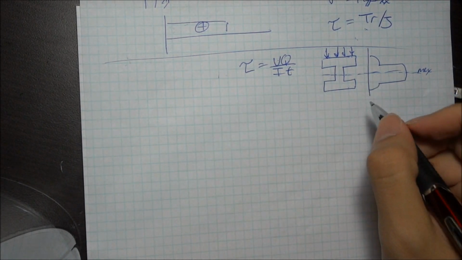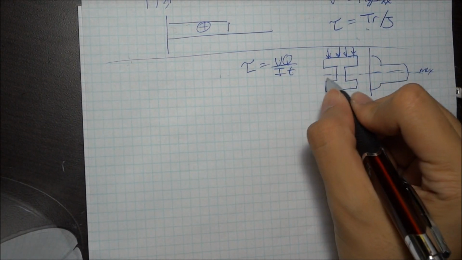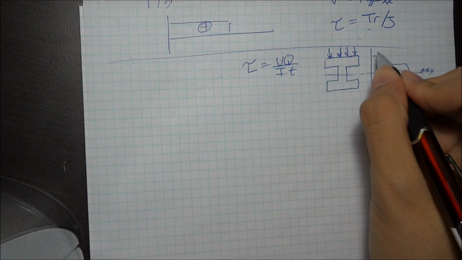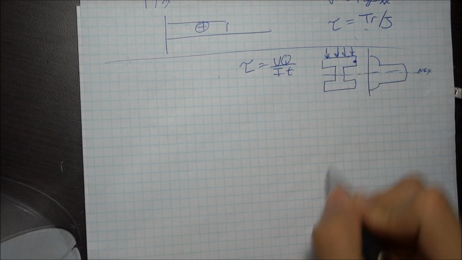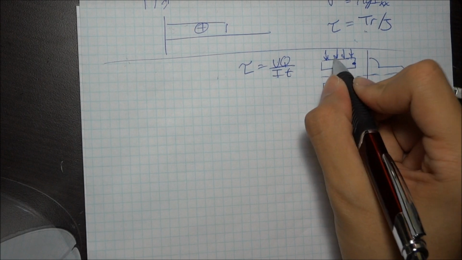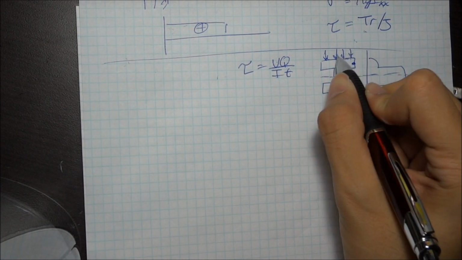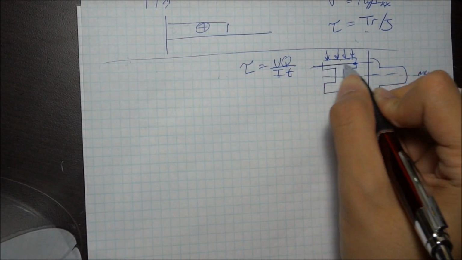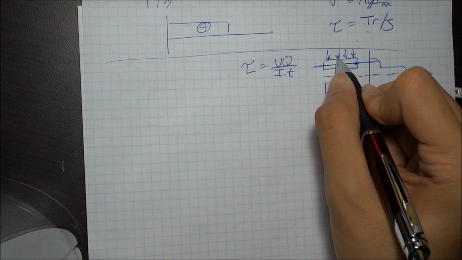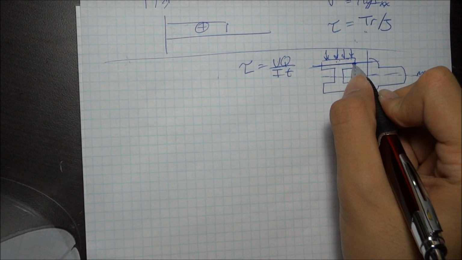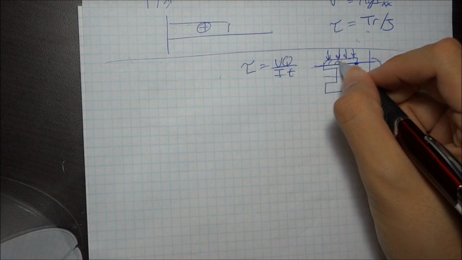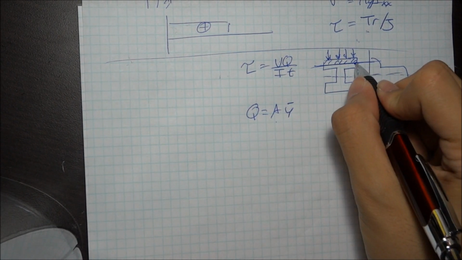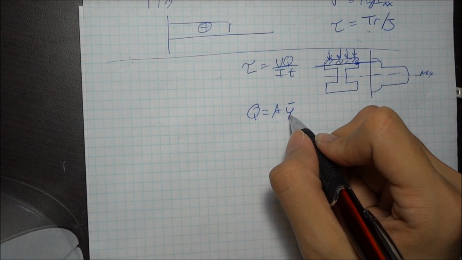Before I go on, when you're trying to calculate the shear, you choose a point. Let's say that we're interested in this point. Once you choose a point, you go from the point closest to the origin of the shear, and you go down until you draw an imaginary line that's perpendicular to the direction of your shear and goes through the point you're interested in. This will become the area for your Q. Recall that Q equals A y bar, where A is the area above the point you're interested in, and y bar is